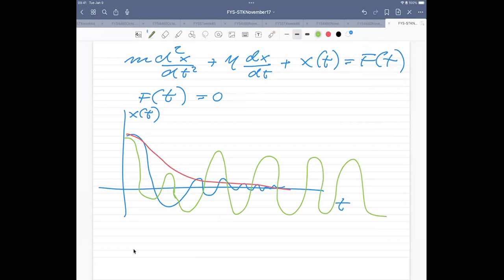So the system tries in the beginning, depending on your initial conditions, your damping term, to change the motion, but then the external force kicks in, and that's the one which defines how the system develops over time. So this all depends on the parameters which you see in front of the force, the damping factor, the mass of the particle, etc.